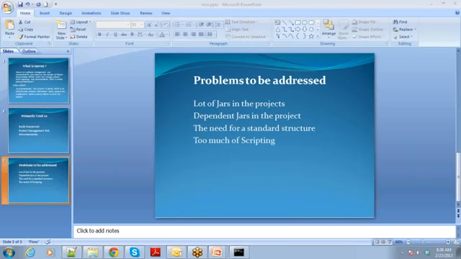So these are some of the big problems which Maven tried to address in its design. One, the ability to handle multiple jars in the project at the time of compilation, at the time of creation of jar, at the time of bundling, etc. And even if you have third-party jars, a lot of third-party jars, Maven takes care about bringing them, placing them in your system, setting up the class path, and providing to you when you are doing packaging and when you are distributing to customers. So this is another biggest advantage which we get with Maven.